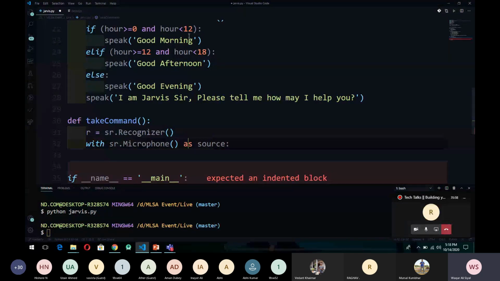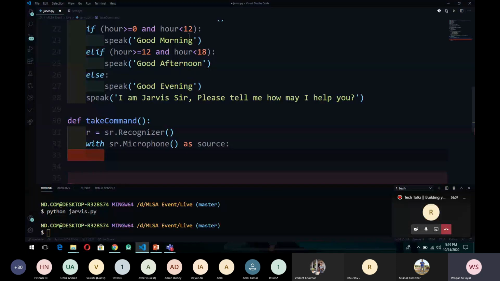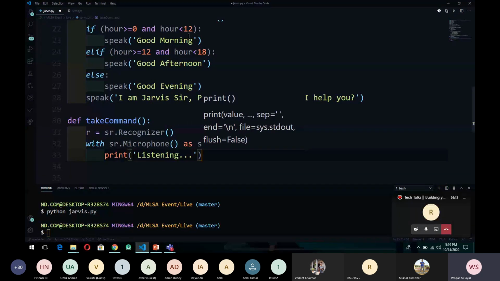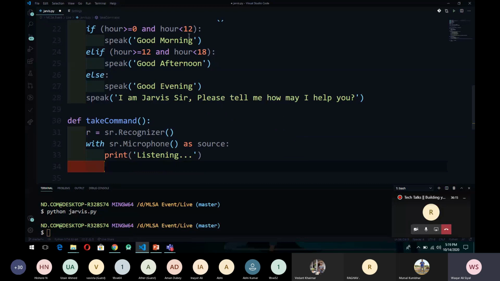So we are using the microphone as our audio input to recognize the voice. Therefore, we have created the microphone instance. And now we will print listening. Now we will set some properties.